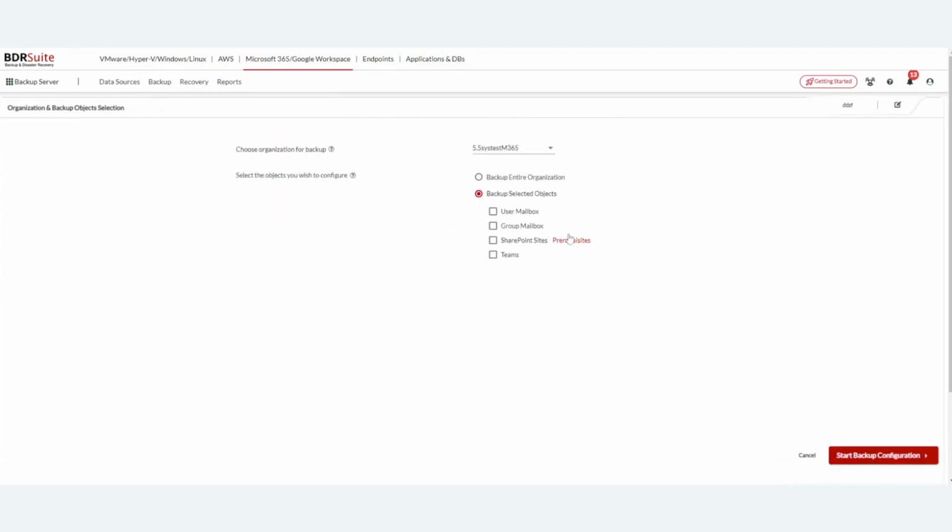Moving further, here I have to select my organization. If I select backup entire organization, the complete organization will be backed up, which includes all the user mailboxes, SharePoint, Teams, and all that. If you want to go on an object basis, I can select the object basis backup. In this, by choosing my user mailbox,